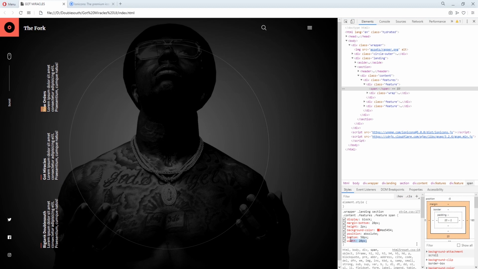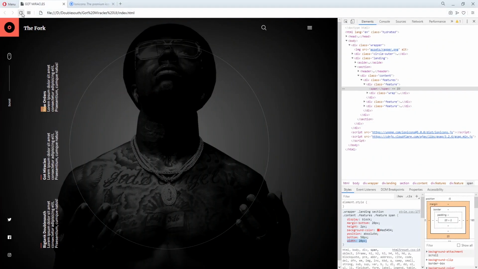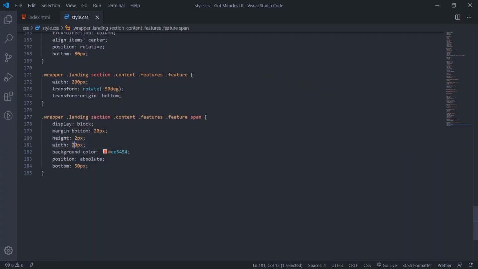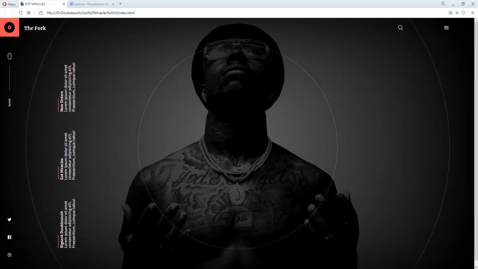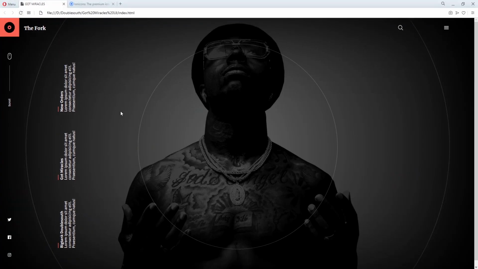So I'll just copy this width. I'll come back to my code here, target the span. They'll set the width to 20 pixels, it's not like 50 now. Sorry, 20. The height is like maybe 52, so I'll increase it maybe.